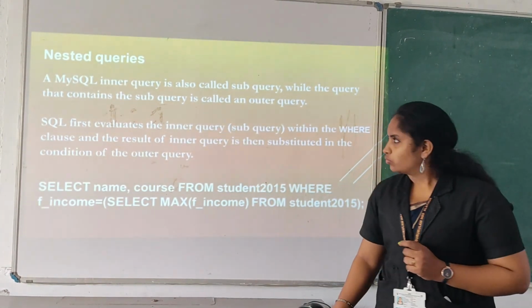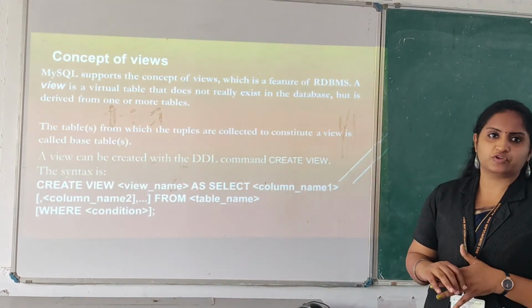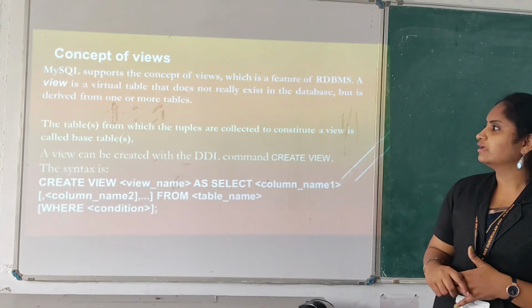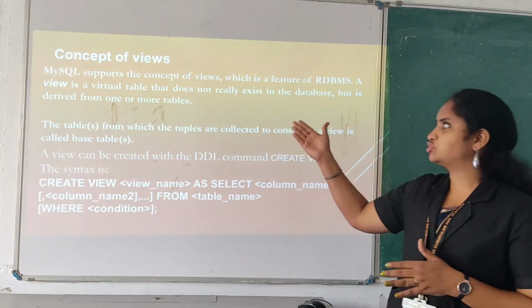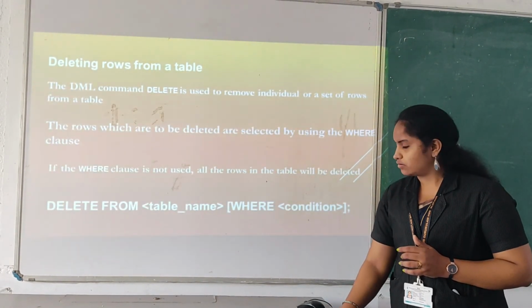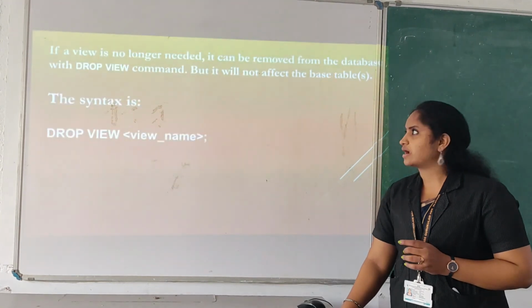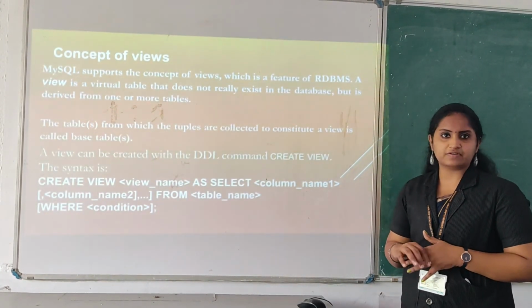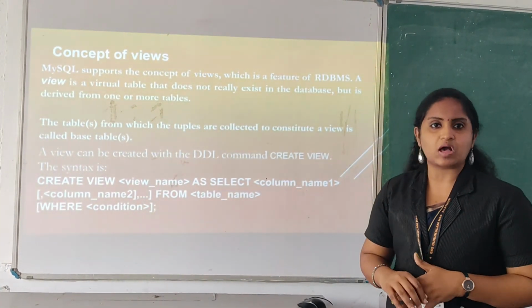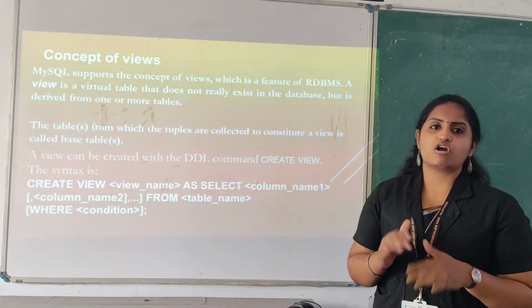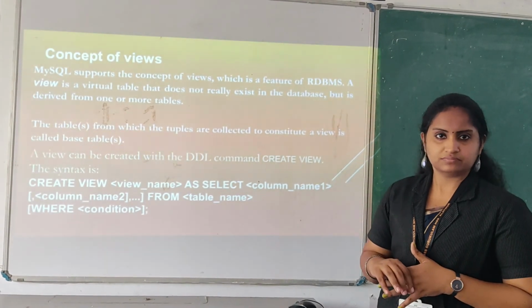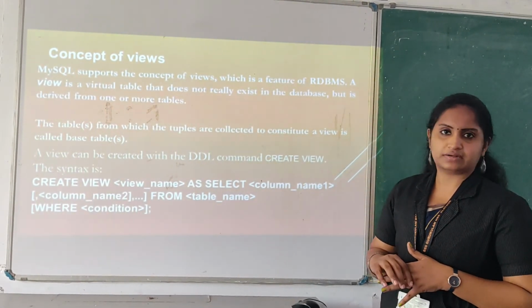Clear? So the next one is the concept of views. First you have to know what a view is. So here a view is a virtual table. That means you are getting output like a table, is it? So such content is known as a view, that is a virtual table. That table is not actually present. According to your condition, it is displaying the output, but it is not present in the database. So such content is known as views. Okay, it is known as a virtual table.